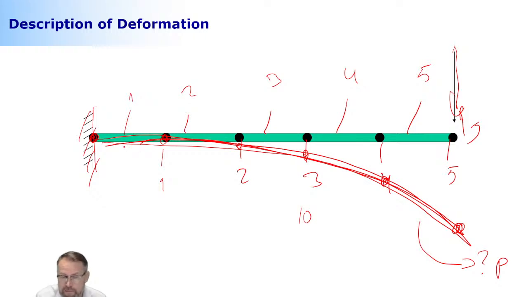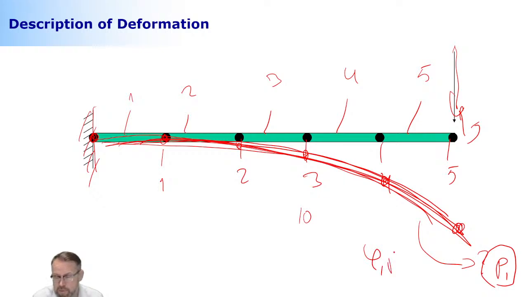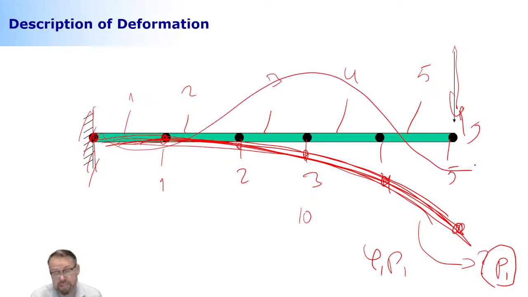Now this was one deformation mode. This is going to be P1. How much this mode is amplified. How much this mode contributes. This amplification tells me that. And if I describe this mode numerically, it's going to be like this. Now this multiplied by this is going to give me exactly this absolute deformation. Then I can take the next one. So the next one is going to be like this or whatever. And again, it is a way that the structure can deform.